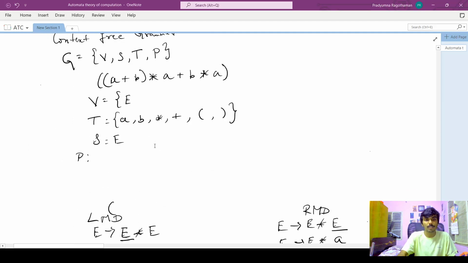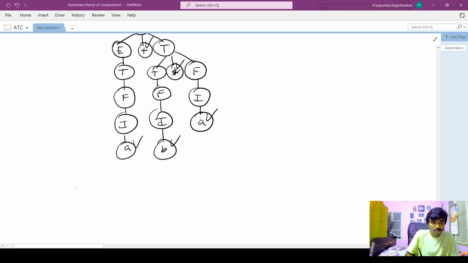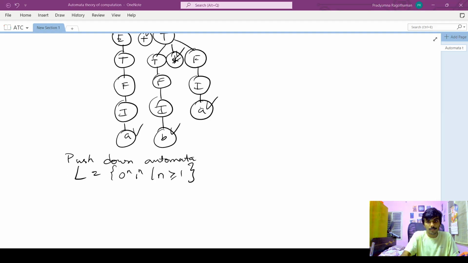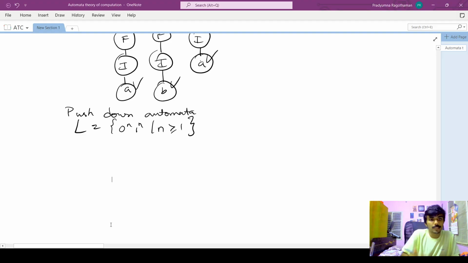So we have 0 to the power n and 1 to the power n. So let's take this language for the pushdown automata: 0 to the power n, 1 to the power n, where n should be greater than or equal to 1. So here what we are going to do is, pushdown automata is represented as a